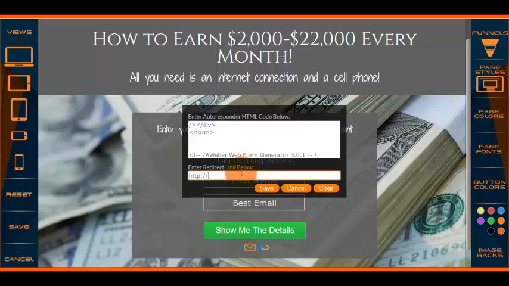So I just decided to go back to Aweber, and I recommend that you use the same, okay? So now I'm going to put in my redirect link, and your redirect link is where you want them to go after they've given you